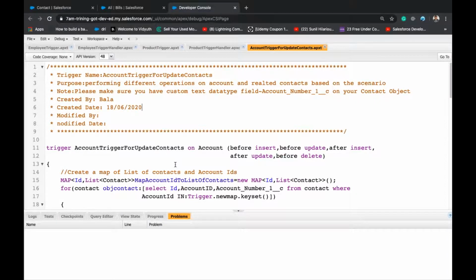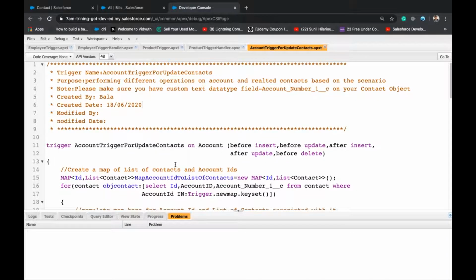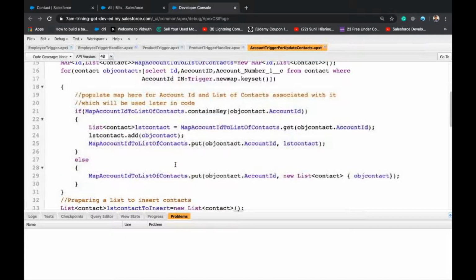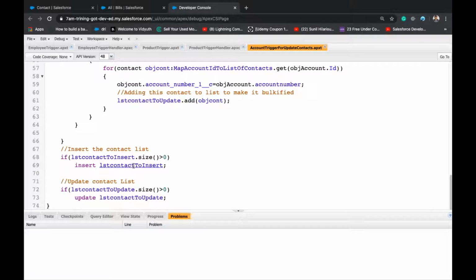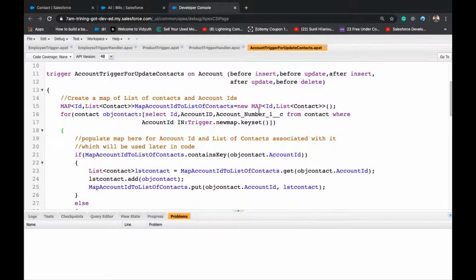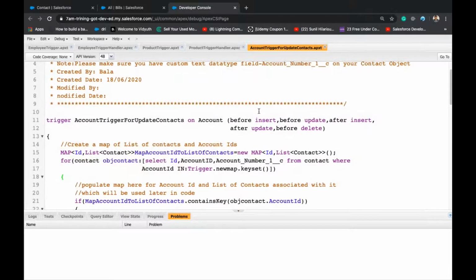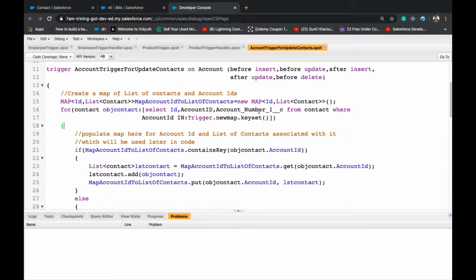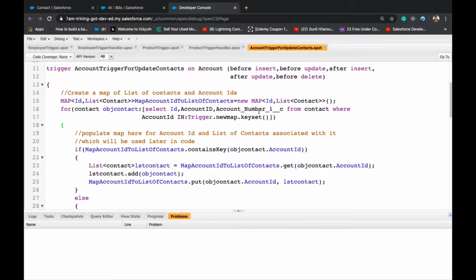So remember, whatever standard things we get, okay, list contact. What are the standard triggers we get? Those can be directly copy-pasted. Most of the triggers written on standard objects will have all standard fields. Sometimes we have fields like this.